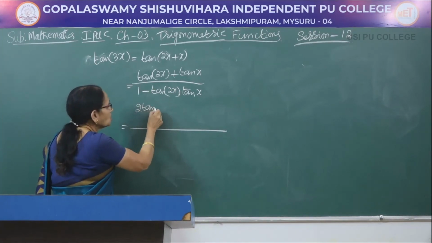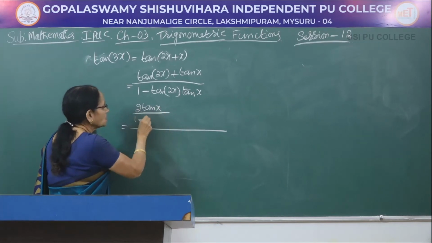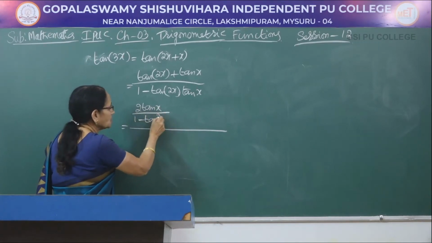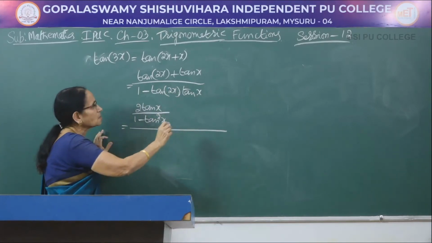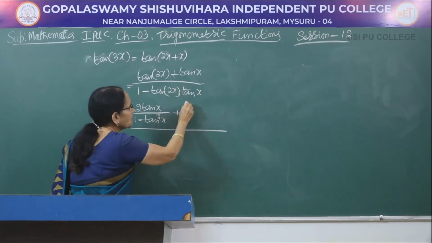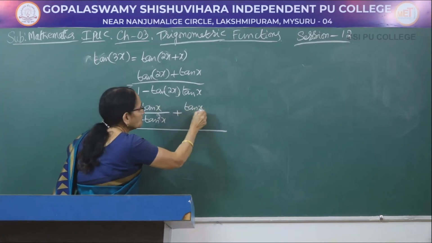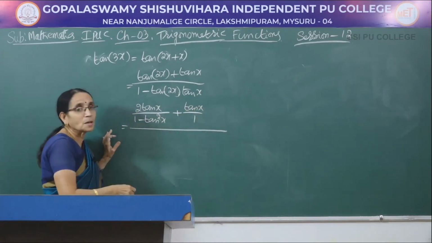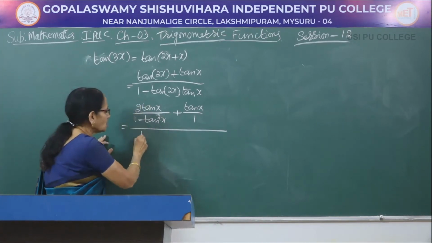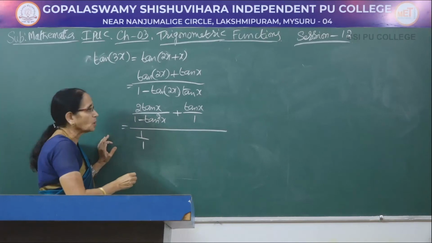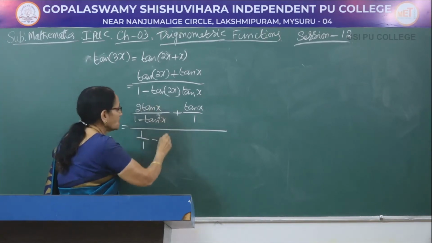It is 2 tan x divided by 1 minus tan square x. So, I am dividing a fraction by another fraction. So, the middle line a little longer you write, and then tan x now you write in the form of a fraction, so that it would be easier for us to take the LCM. Again, this one in the denominator, better write it as 1 by 1 minus tan of 2x.